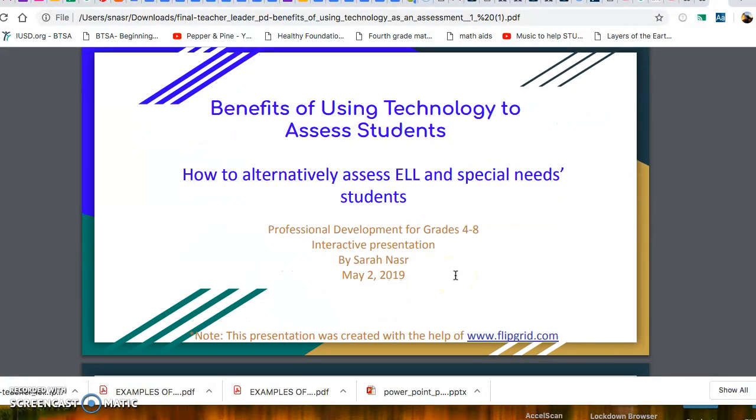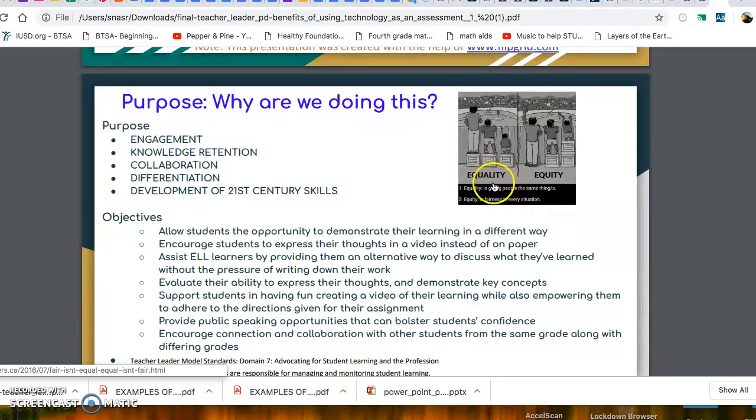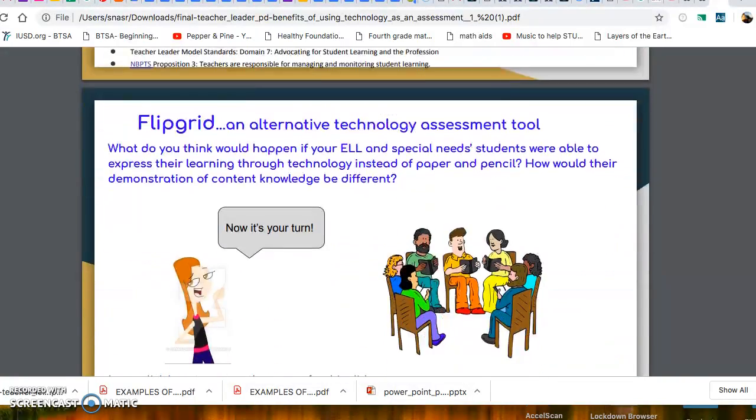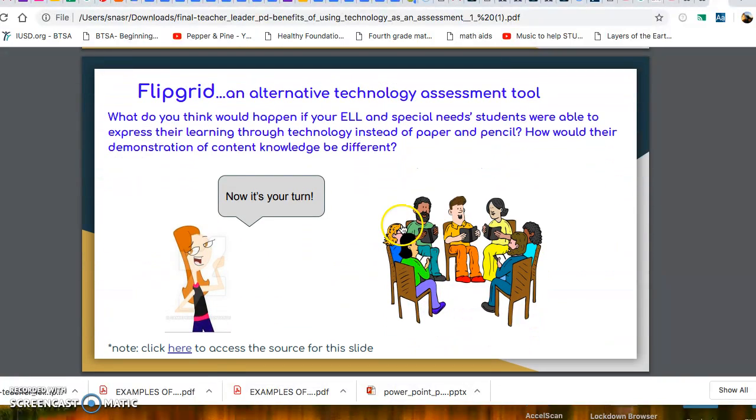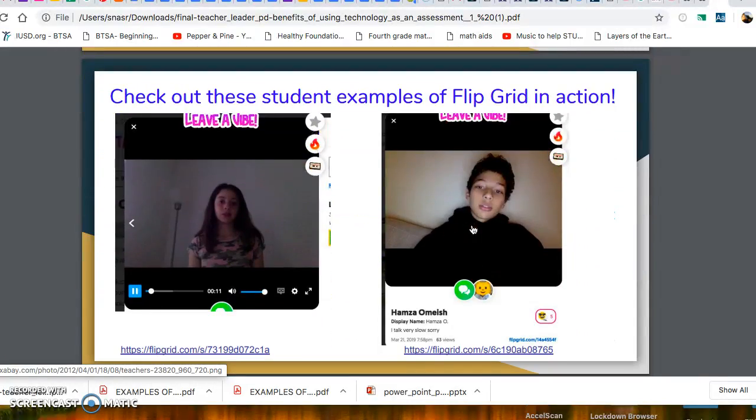The format that this module guided us on was very, very helpful. I really enjoyed discussing with the teachers the difference between equality and equity, especially with special needs and ELL learners, that they just need to be provided something that's specialized for them. I also had a really good time with Now It's Your Turn and really working with the teachers in promoting kind of their confidence using a new tool. And at the same time, I was proud to be able to embed actual videos right here for our students, especially